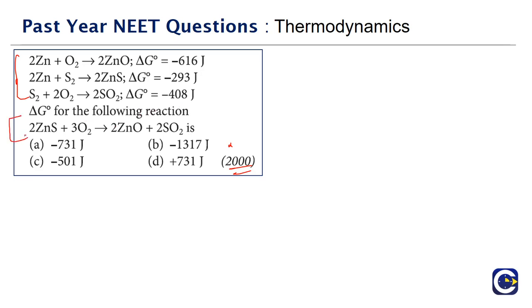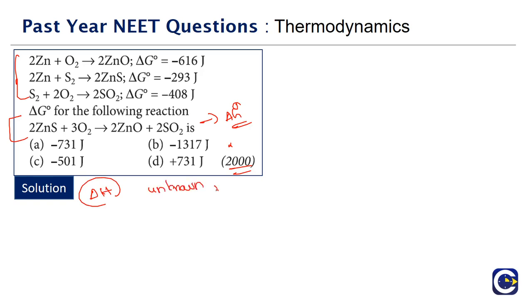What is the reaction for which we need to find the del G naught? It is 2ZnS plus 3O2 gives rise to 2ZnO plus 2SO2. So for this reaction we have to find the del G naught. Now we know, like the way we have Hess law when it comes to the measurement of enthalpy change of any unknown reaction. So the approach to find the del G or del G naught. I mean, del G naught means what? The only thing is we are measuring under the standard conditions.